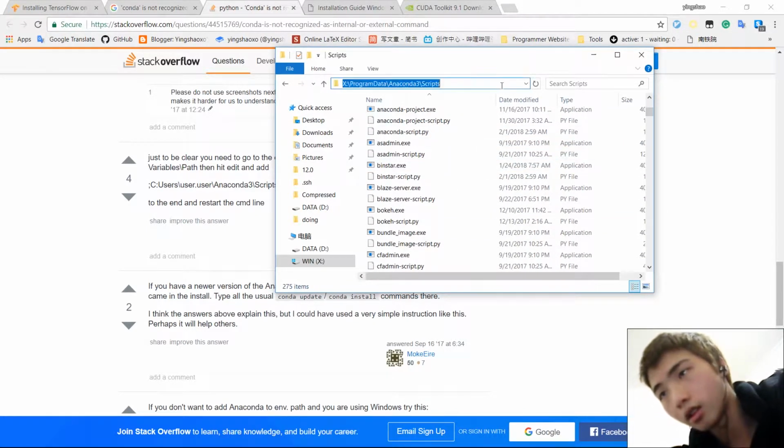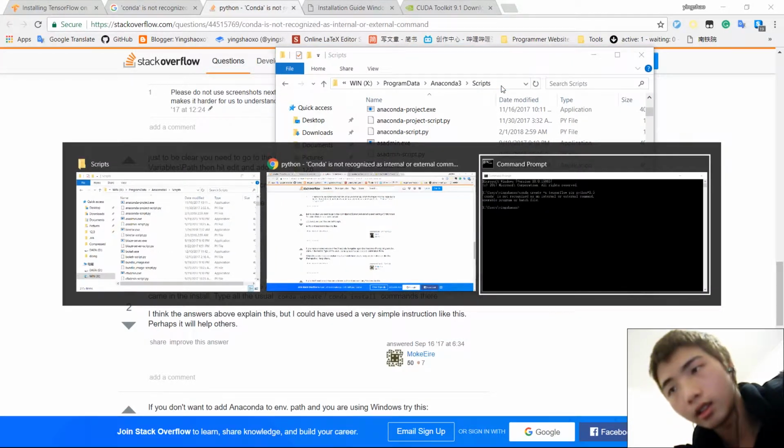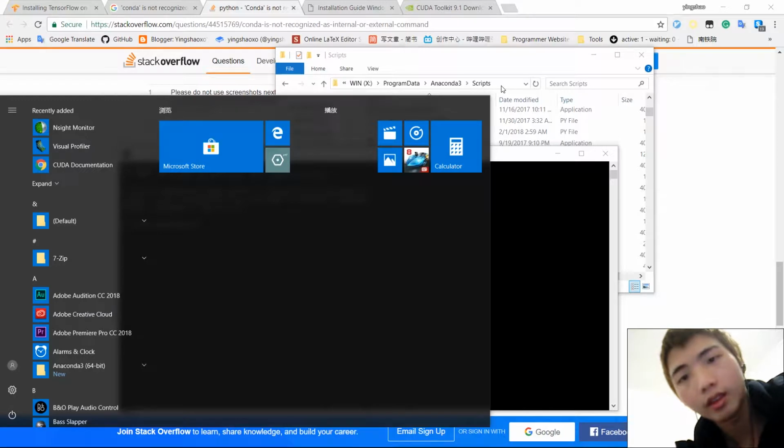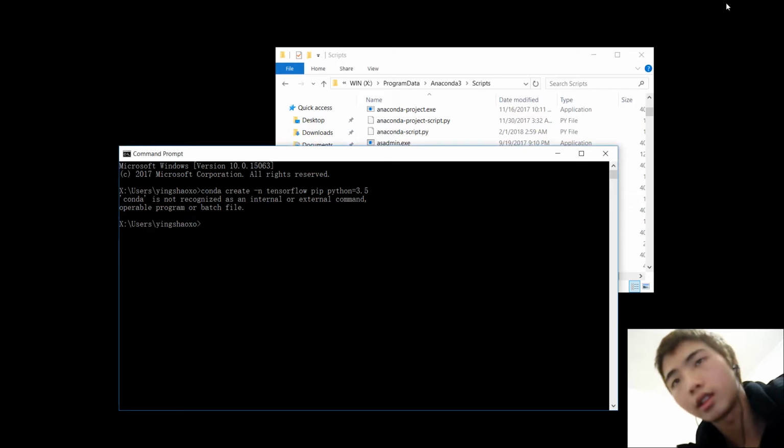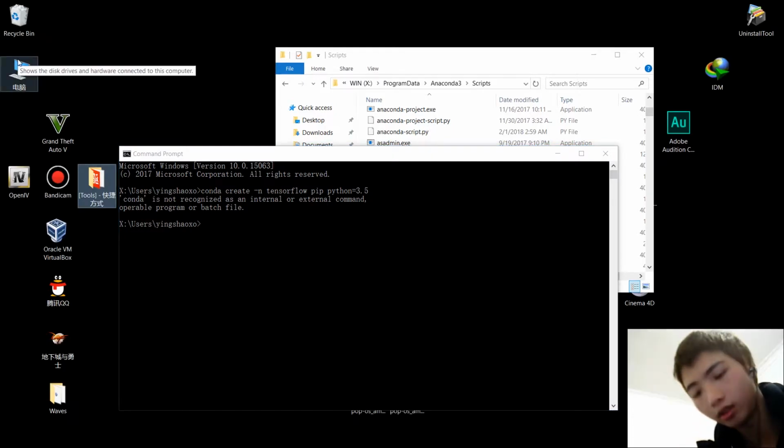Okay, here is what we need to use it. Let's go to the environment setting. I know it's